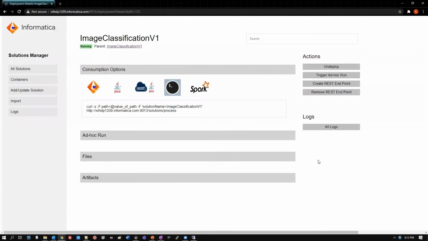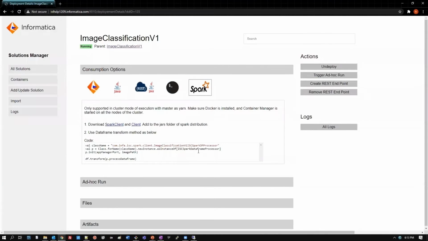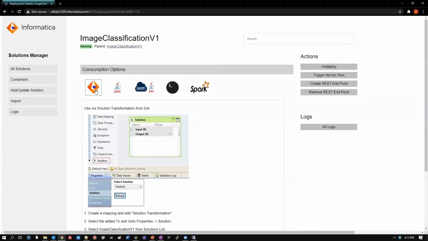So now I'm happy with the results, and I want to run this particular solution on top of Spark. So I can click on Spark and see the instructions. I can download all the binaries and follow this code. It will take a data frame and return a data frame which will have the predictions in it. But for this demo, we want to use the Informatica ecosystem.